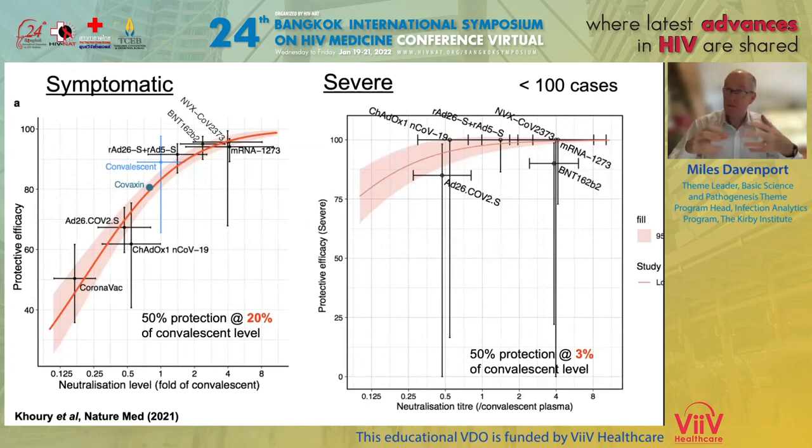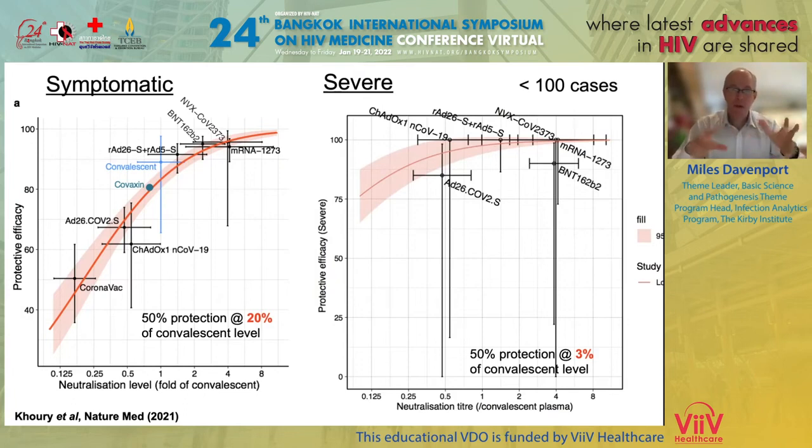So everything I've talked about up to now has been based on the primary outcomes of the phase 3 trials, which was protection against symptomatic SARS-CoV-2 infection. In addition, they also looked at the frequency of severe SARS-CoV-2 infection. But even though the trials were very large, with tens of thousands of individuals, there were less than 100 severe cases of SARS-CoV-2 identified across the combined trials. And in most trials, none of the vaccinated individuals actually had severe infection. So this is great for vaccine efficacy, not necessarily so great for trying to estimate protection against severe disease.